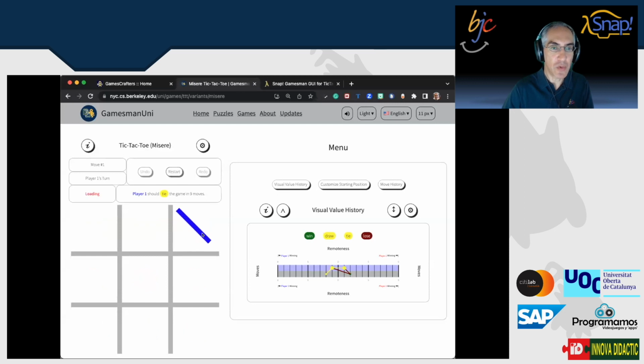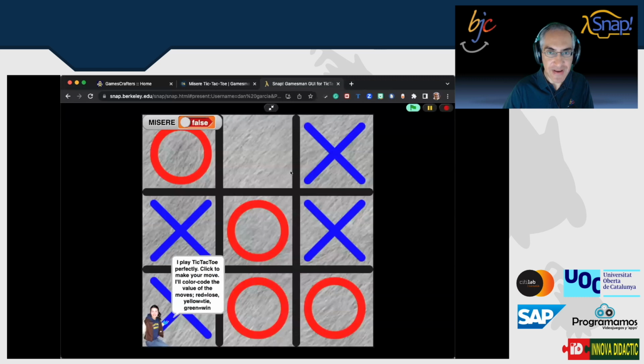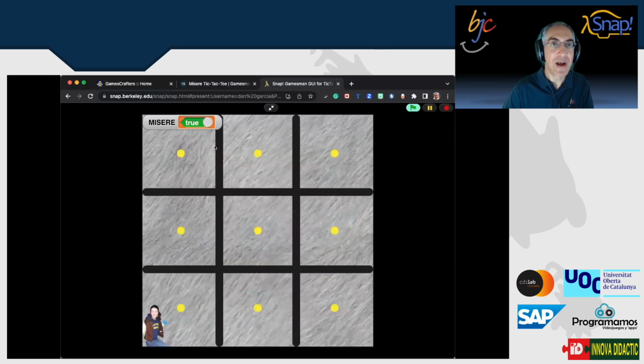So if I go in the corner, notice that O can go any one of the 4 edges to actually predict the win. So let's go over here, and I've added that feature here. If I hit the space bar, I toggle from Misère to normal. So if I click this and then turn this on, now I've got Misère. And if I do this, notice it color codes exactly as you saw the answer from the API. If I go on the side, it's going to then play perfectly.